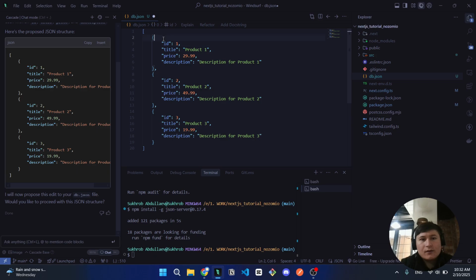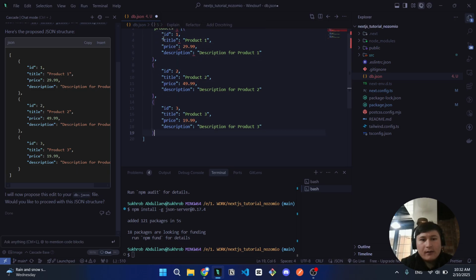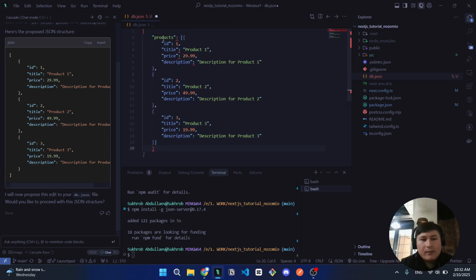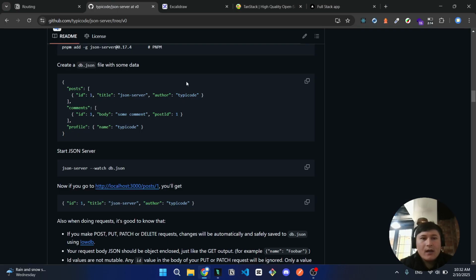DB.json is usually like this, products like this, wrapping the array, and also wrapping the square brackets, right? Okay, sounds great. It's working. By the way, that makes sense for you, right? It's a DB.json. It's our database, and how we can